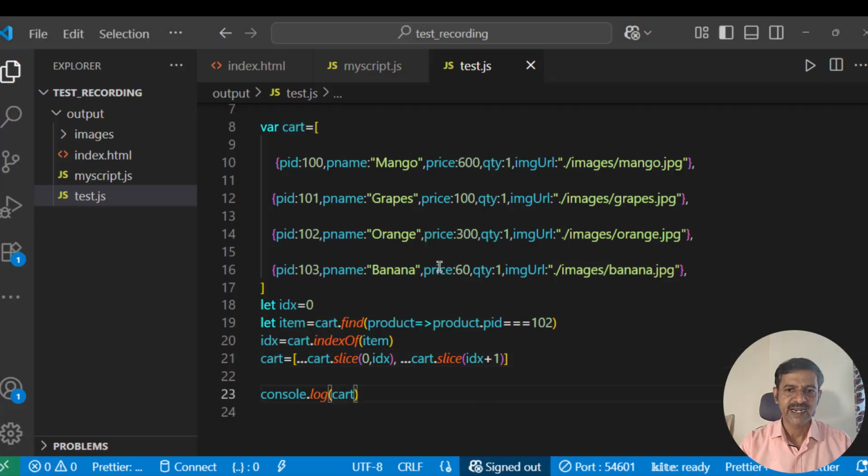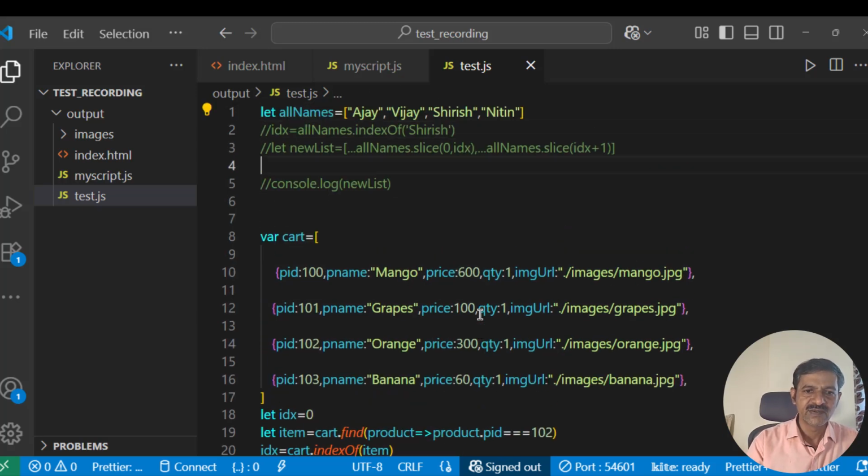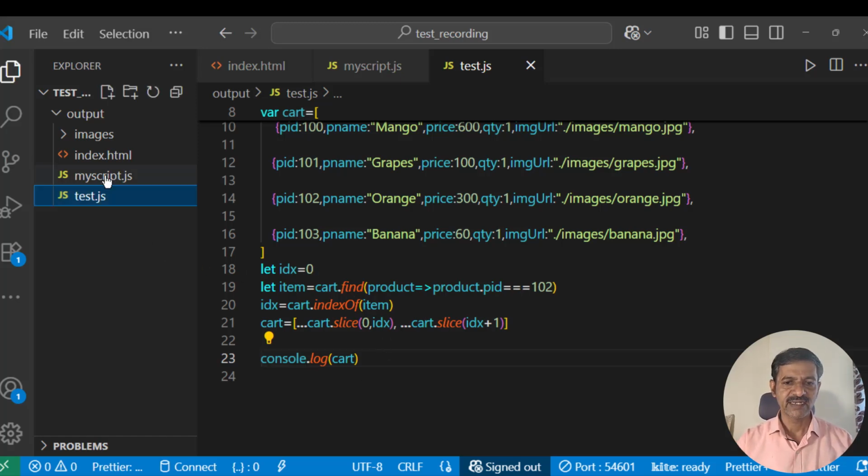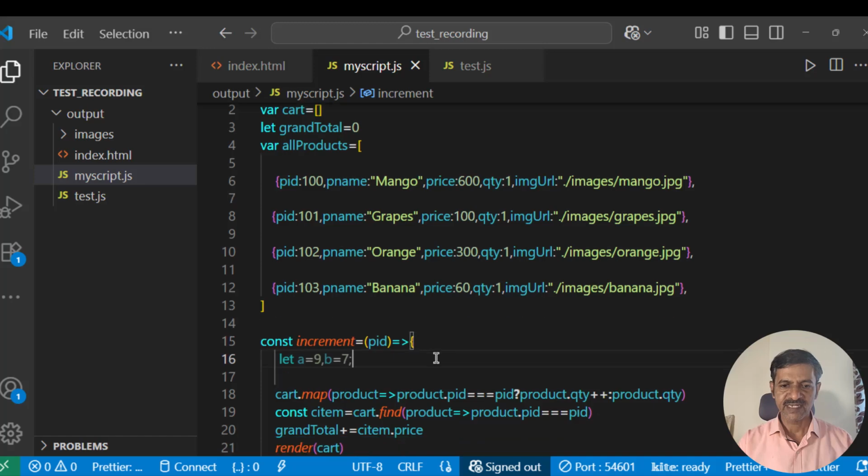So you need to practice a little bit like this. So today what you do is you take the same array of JSON objects in another file, test.js, and try to do these things, find and indexOf, slice and all. So you really understand what is going on. All right. Okay, sir. So once you understand this, if you go back here, you really understand what is happening in the